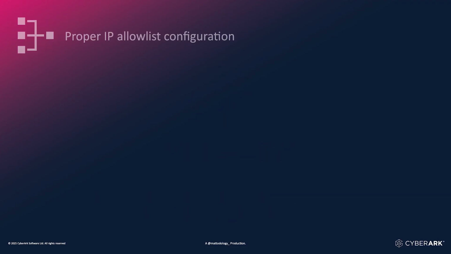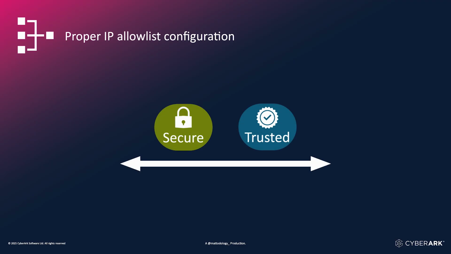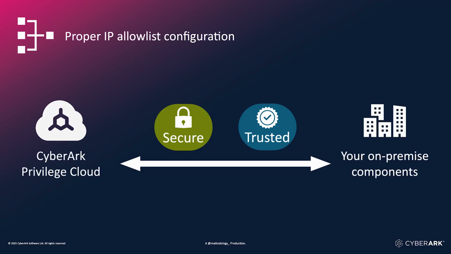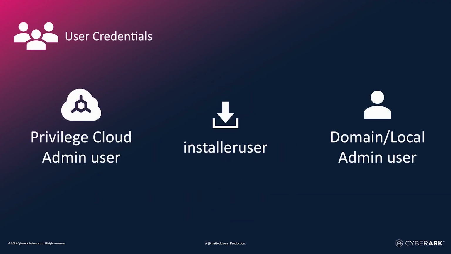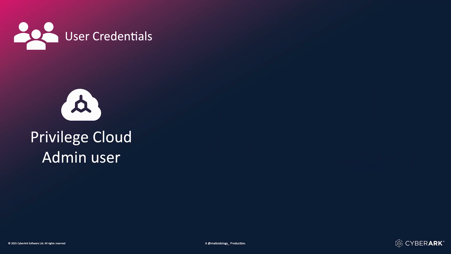By properly configuring your IP allow list, you help ensure secure, authorized communication between your infrastructure and the CyberArk cloud services. For comprehensive details on configuring IP allow lists, please consult CyberArk's official documentation. Additionally, during installation and configuration, you will need administrative credentials that have sufficient privileges to carry out the necessary tasks. These include admin credentials within Privilege Cloud,